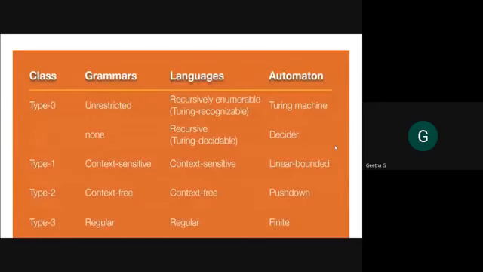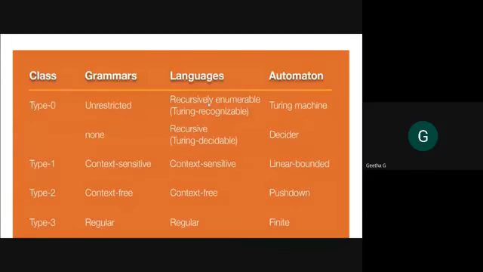Please listen. A grammar generates strings. Students, please listen. So it is called a generative device. A grammar is said to be a generative device because it generates strings. And an automaton is a device which will recognize or accept strings generated by a grammar. It is a recognizing machine or accepting machine. What is it accepting? The strings generated by a grammar, right? So both together, generating strings and accepting the strings, is called a language. So maybe it is clear.